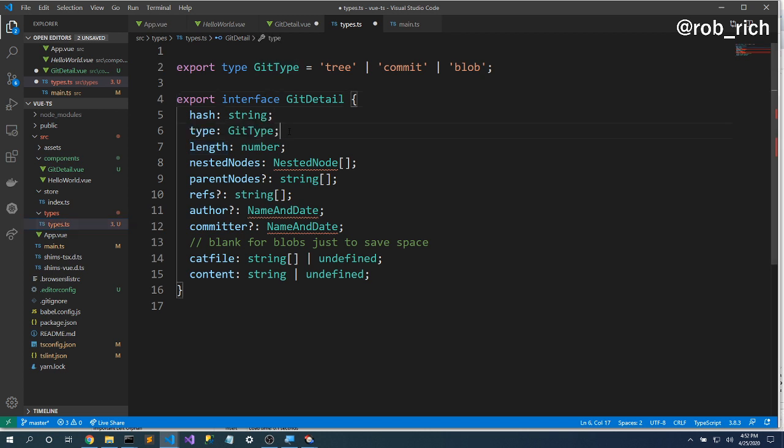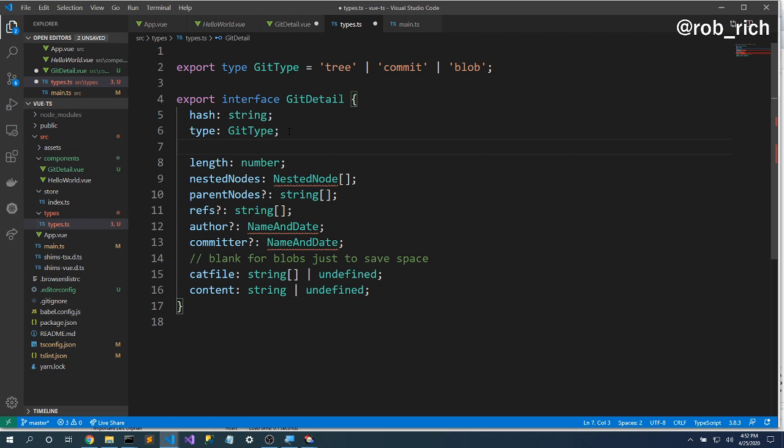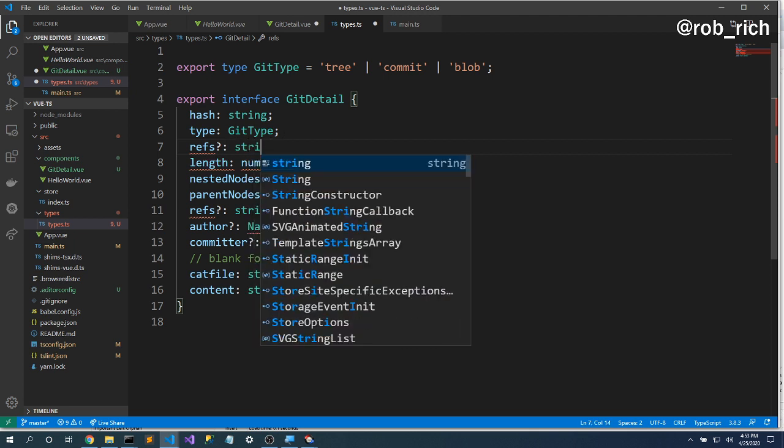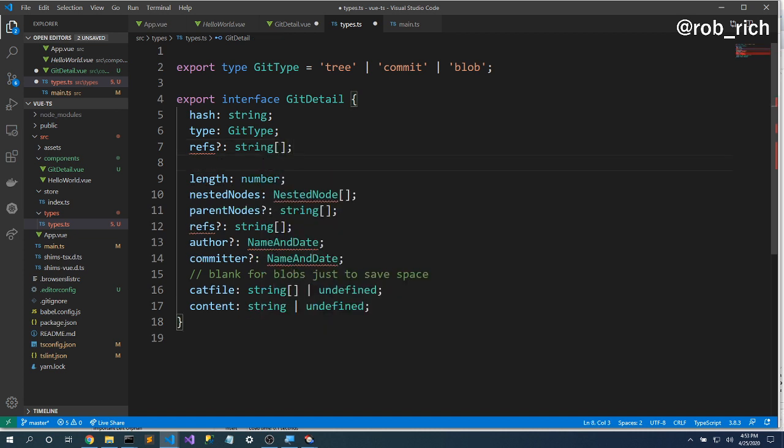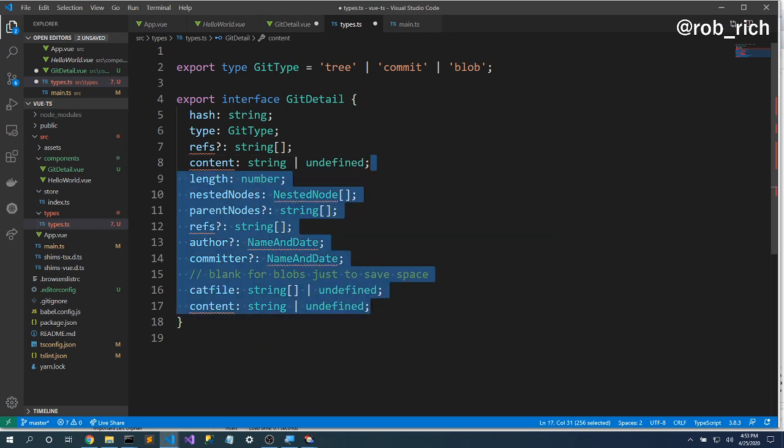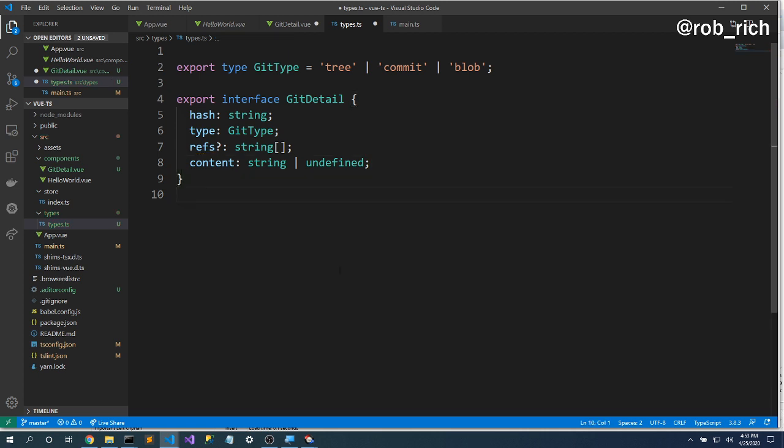It has a refs. No, it has a branches. Yeah, that's refs, which is a string array, and it has content, which is a string or undefined. And that's really all I need in this GitDetail. So now that I've got that GitDetail,